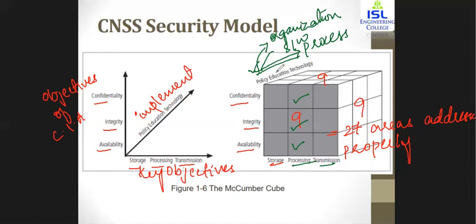Education means now when you're working on a particular system, you need to have the basic understanding of what this particular system is and the different steps that you need to follow. That is why education is important. Now technology means what are the different tools that you're using to implement the entire McCumber cube. You can have different software, different applications or different tools, whatever you're using in here. So in this McCumber cube, within the 3 dimensions, all the 3 cross 3 cross 3, all the 27 areas must be addressed properly so that you can secure the information system.